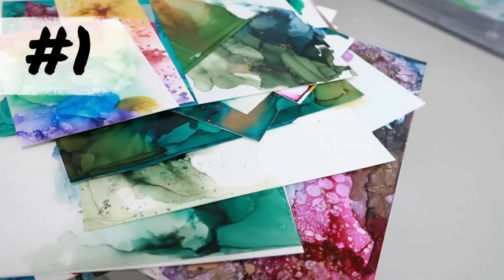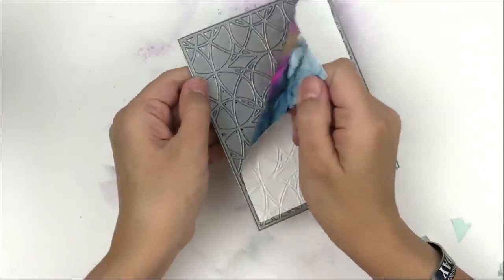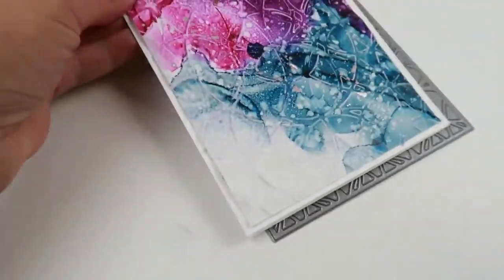All right, the moment you have been waiting for, coming in at number 1, drum roll please. I am not surprised that this one was so popular because it was for sure one of my favorites to make. The result is amazing, but what I love most about it is the technique will get you using all